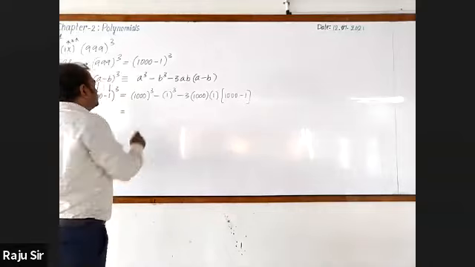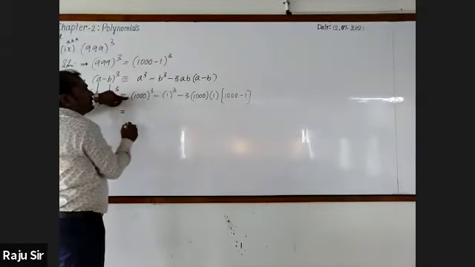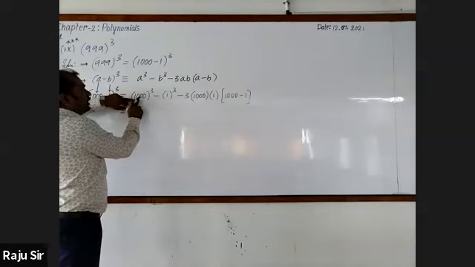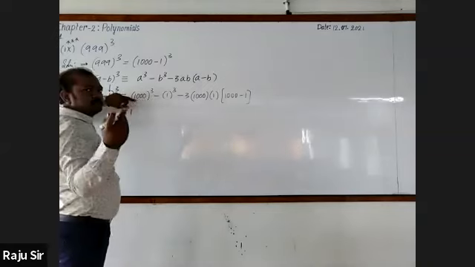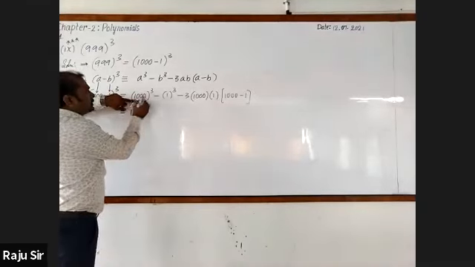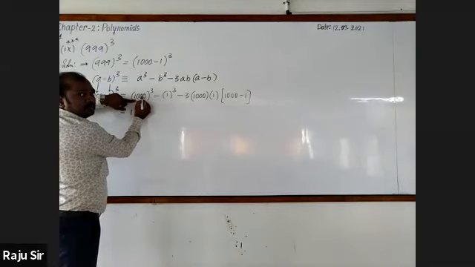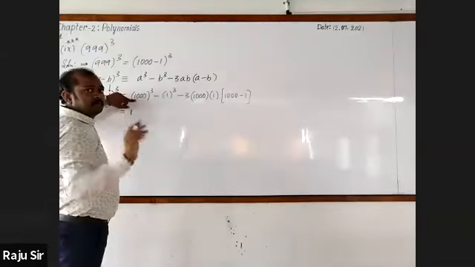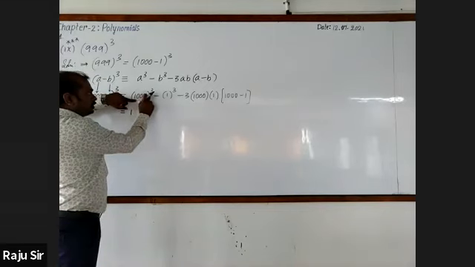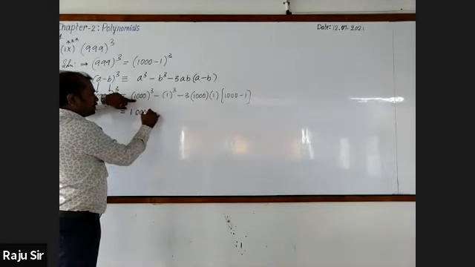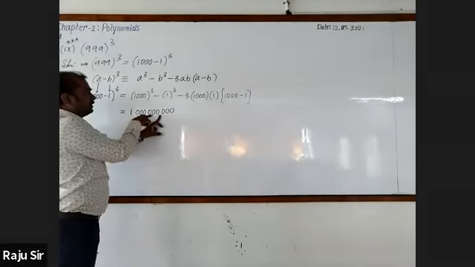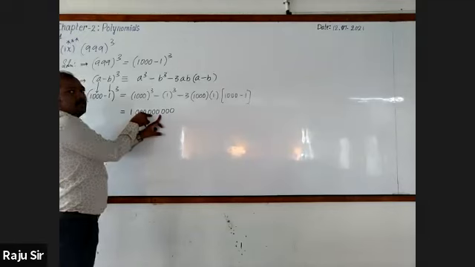Yes, you tell. What is 1000 whole cube? 100 crore. Okay, that is also right. And one student said that it is 1 billion. It is also correct. 9 zeros. Here, 3 zeros are there. Here, whole cube, so write 3 zeros 3 times. Now you can come to know that it is 100 crore.